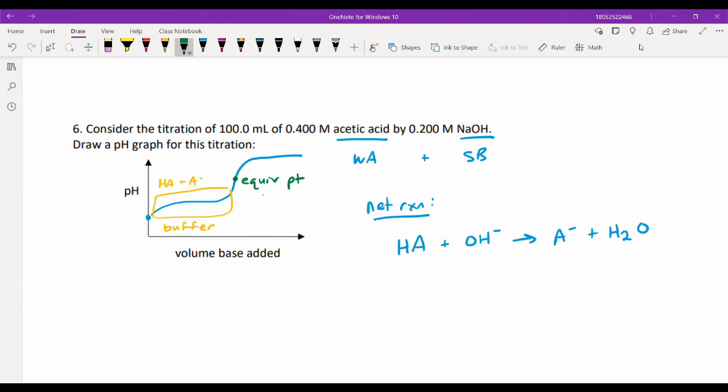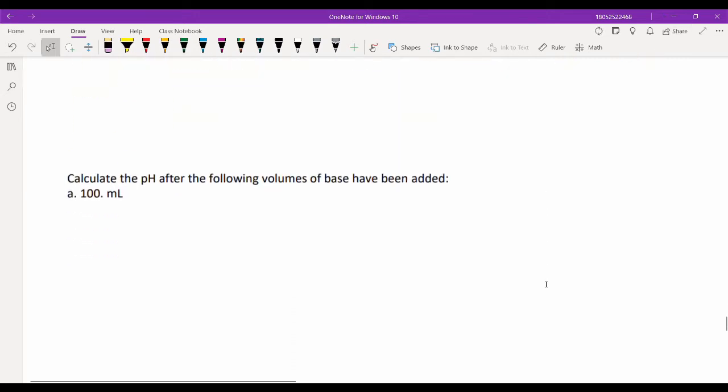The key difference at the equivalence point is that the pH is actually basic. A lot of times people associate the equivalence point with being neutral, but that's only if you're mixing two strong things. For a weak acid and a strong base, the equivalence point pH is greater than 7, and we'll see how that works in a few minutes. Otherwise, let's jump into these calculations where we're adding different amounts of the base,